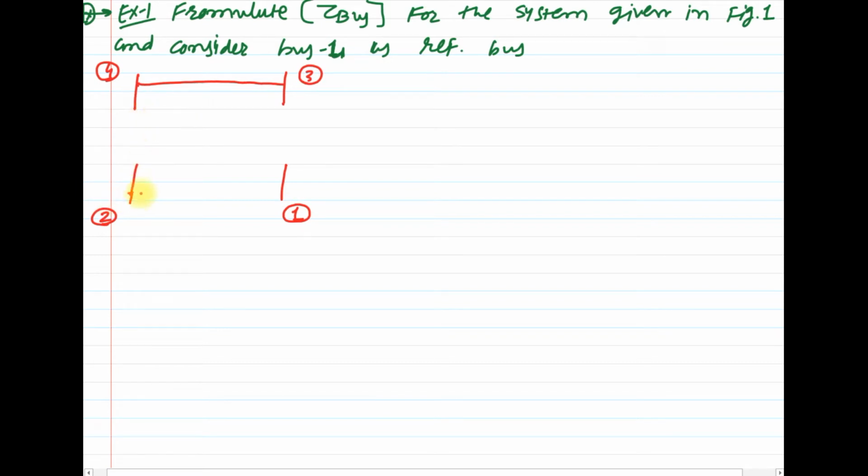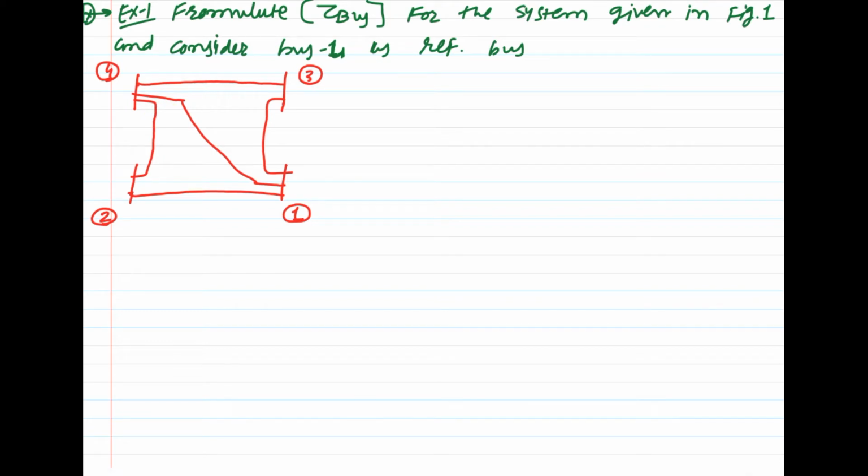Okay, and yes, the connection between bus 1, 2, 2, 4, 3, 1 and 1 and 4. Okay, so such kind of network is given to us for formulation of bus impedance matrix, and